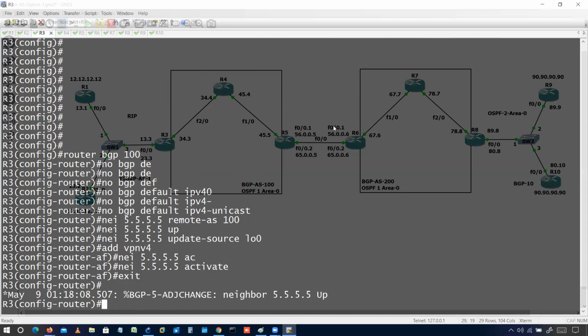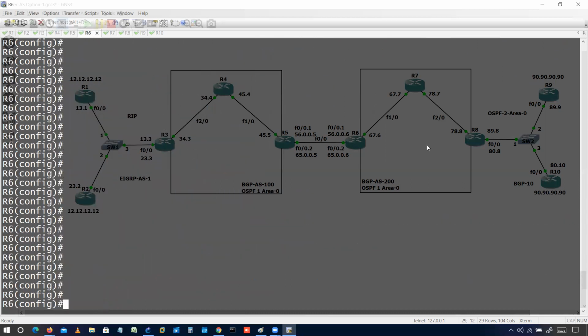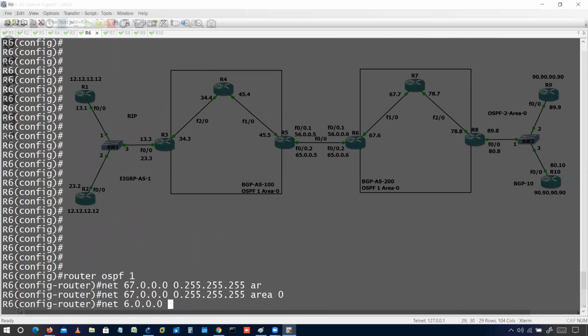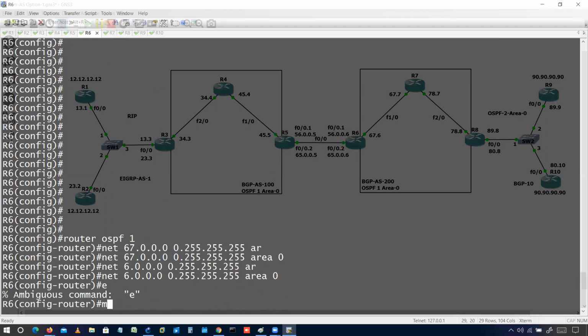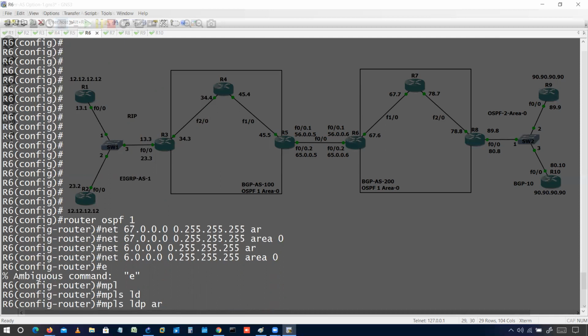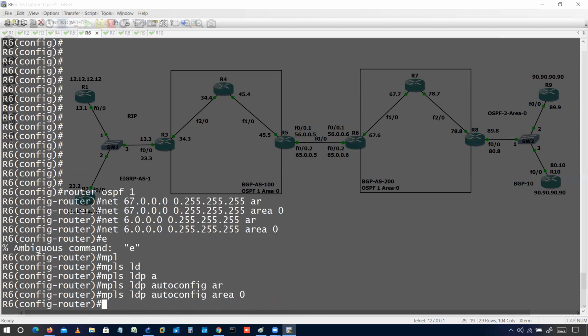Now I'll come to the next one and we'll do the same configuration. I'll go R6. So router OSPF 1. I'll put the network 6.7 and the loopback address. And I'll run mpls ldp autoconfig area 0.